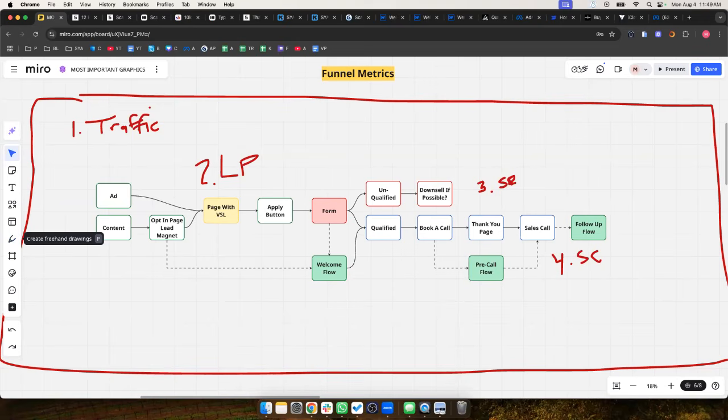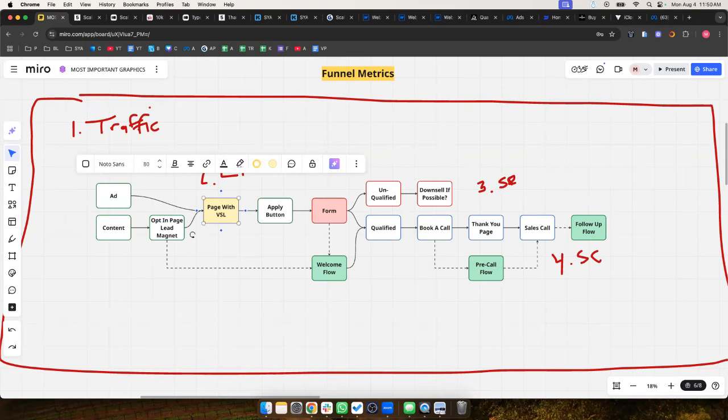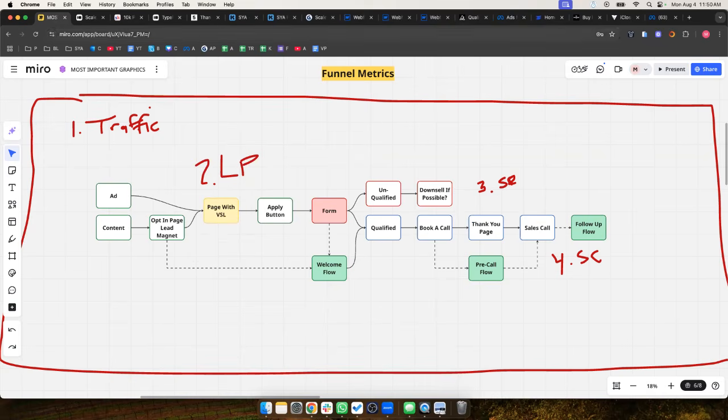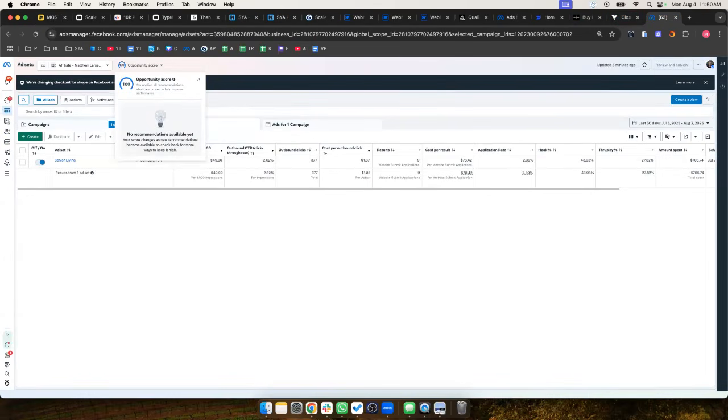And it's the same thing here. If you had every piece of the car, but the brakes, useless to you. If you had every piece of the funnel, but you're not following up, your close rate's going to be 3 times less than it should be. If you have every piece of the funnel, but your landing page is terrible, 4 times less than what you should be based on what I have here.